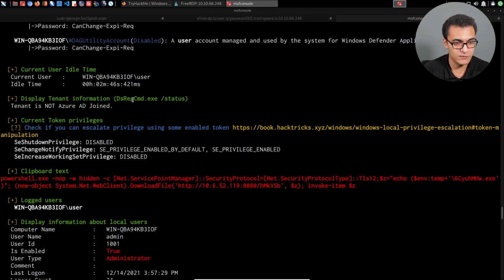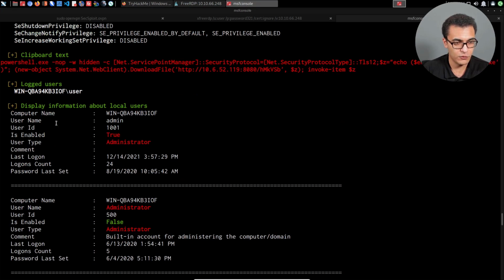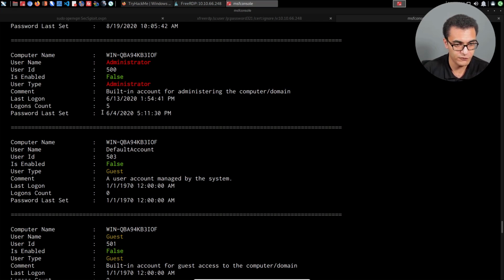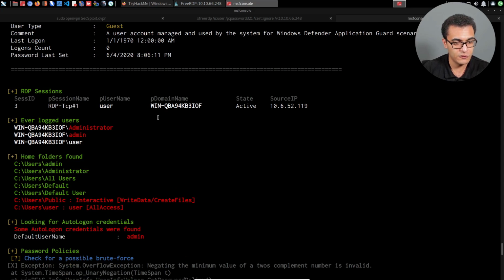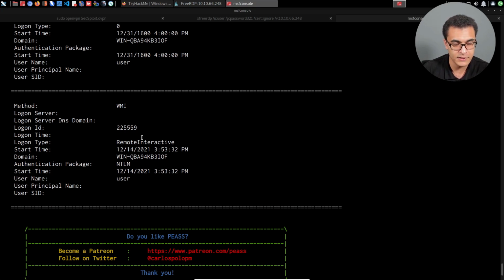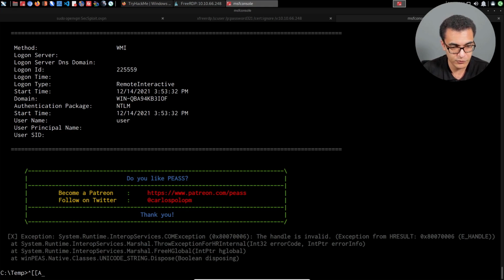As for the other piece of information, you can see you have your token privileges here. And then, of course, logged on users. It'll only tell us that we are currently logged on, which is very important. Then display information about the local users, which we've already gone over. But you can get the user ID to identify whether that user is administrator, etc., etc., right? Okay, so the users that have logged on to the system, administrator, admin, user, okay, so on and so forth. You get the idea. Now, we can enumerate all the information, as I said previously, by simply saying winPEAS